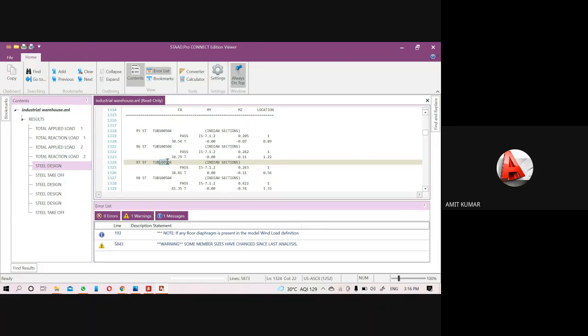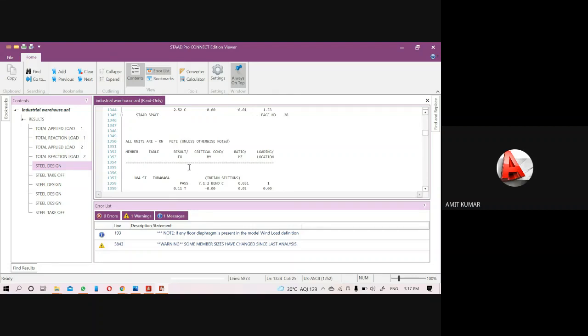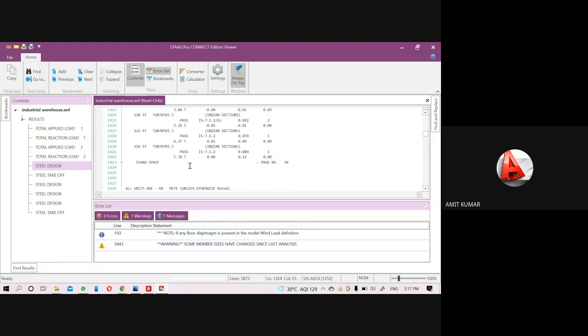That is the 150 and 400 means it is a tube of elliptical cross section, with a major axis of 100 mm, minor axis of 54 mm, and the thickness of the tube is 4 mm. That is the meaning of this data. Same in case of tube 7077. That means the tube is of circular shape, major axis and minor axis both are of same dimension. That is 7070, and the thickness of the material is 3.3 mm. So you can add this value manually also.